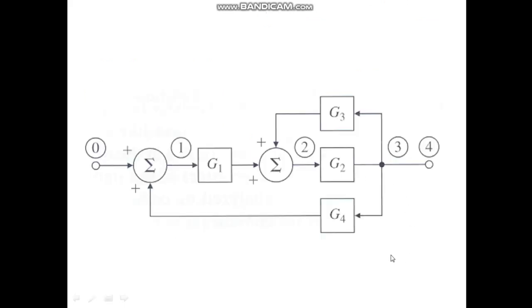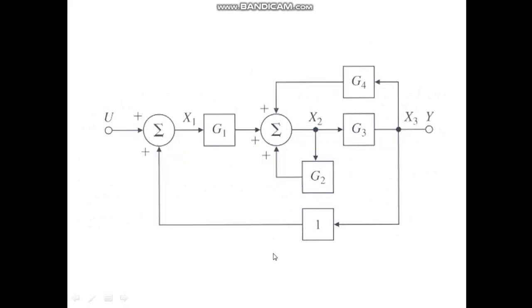Okay, so now let us go for the third example. Here you can see this sign is also indicated for the summing point, because this is a symbol of summation. We can see one transfer function or one block connected after the summing point and input, that is G1. After that there is again a summing point and then G2 and then ultimately the output. Now for the feedback, one output is taken which is connected to G4 and to a summing point, and after that again one output is taken which is connected to G3 and to the summing point.